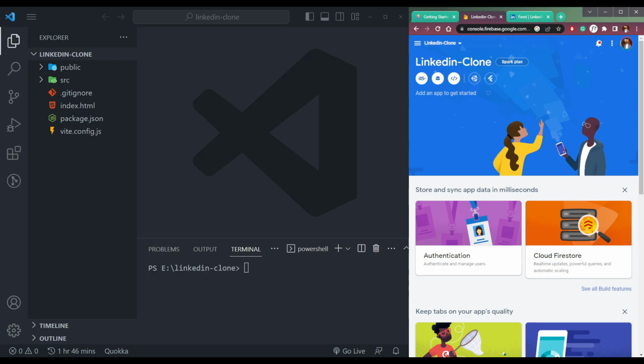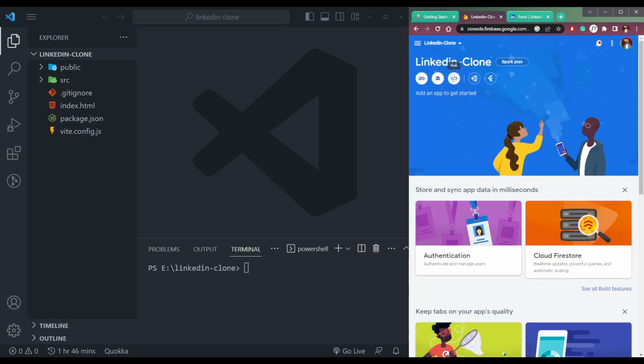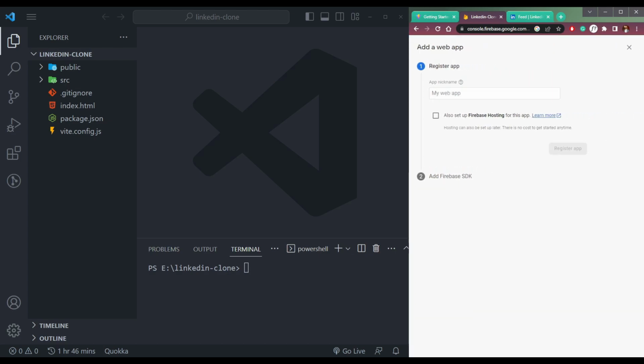So now what we have to do is we have to create a web application. So click the icon here, web, and we can get started. So let's make this as an app name. So simple, LinkedIn clone, and register app. Click it here,